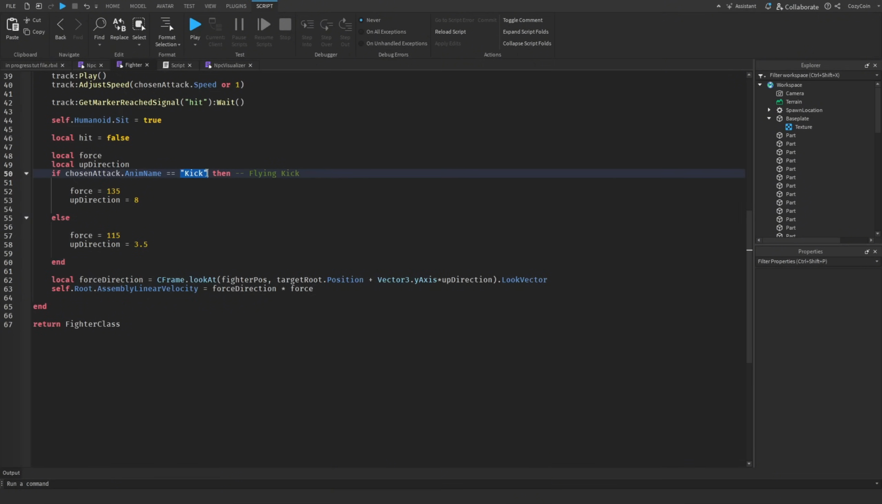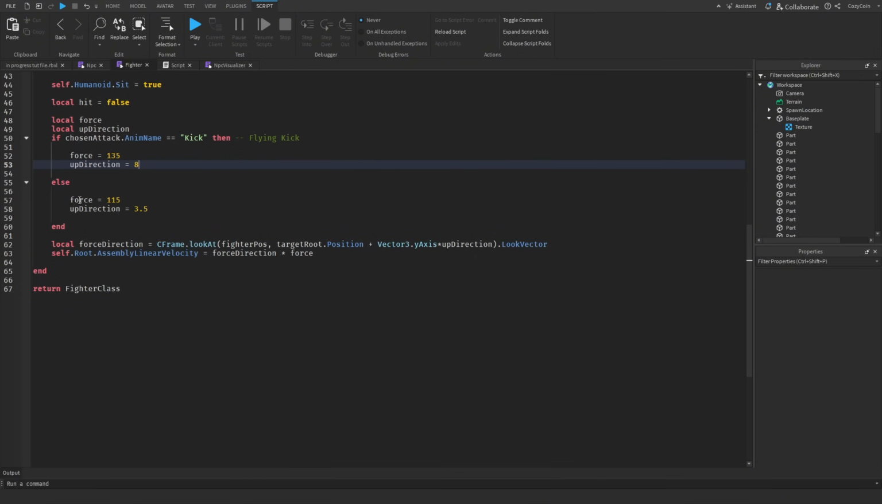And specifically for our kick attack, we're going to have our force be 135 and our up direction be 8. So if the NPC decides to kick, it's going to go kind of flying in the air. And if it's just our punch, we're just going to have this much force with this much up direction. And then we need to calculate the force direction that's going to be on our user's root